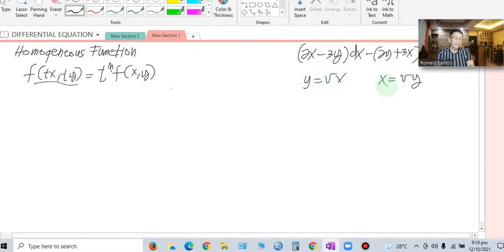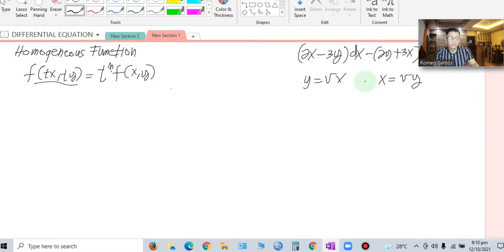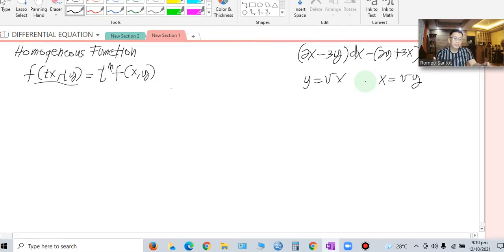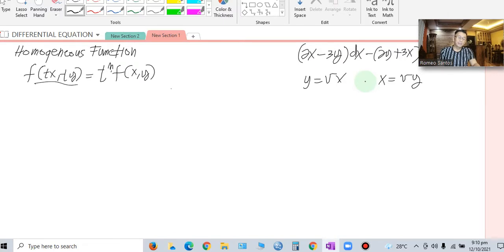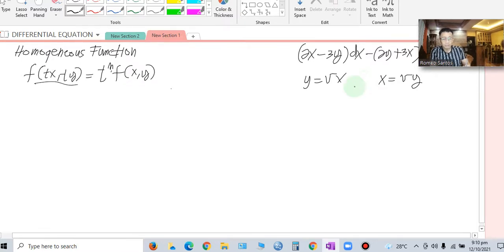Either kung y or x, depende rin naman yan. Pero kung kahit anong substitution, kung y na lang yung gawin mo, merong mahirap, merong mas madali. So, depende lang yan, by experience na lang kung saan yung pipiliin, y equals to bx or x equals to by. Anyway, masusolve naman yan kung kanyan yung substitution. So, what is homogeneous function? Yun ang problema, di ba? Pag homogeneous daw, ito yung substitution. Itong dalawa, either one of these. Then,